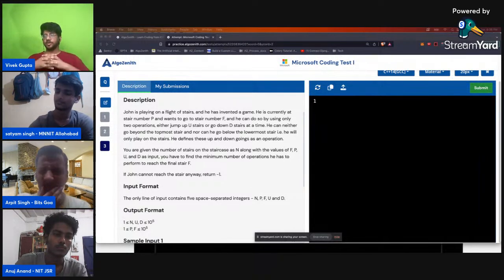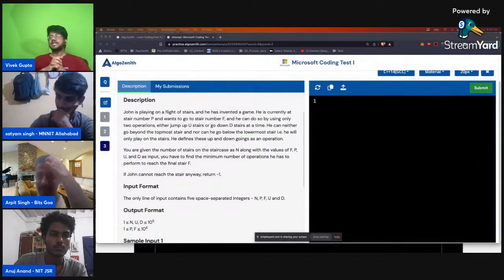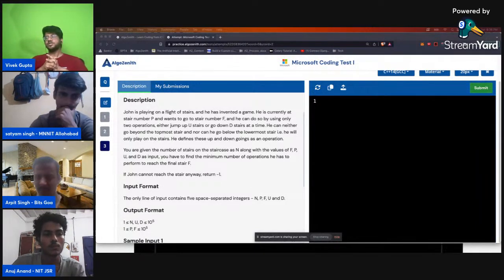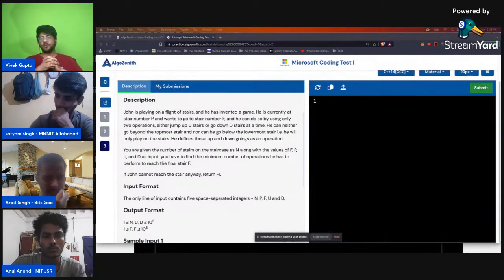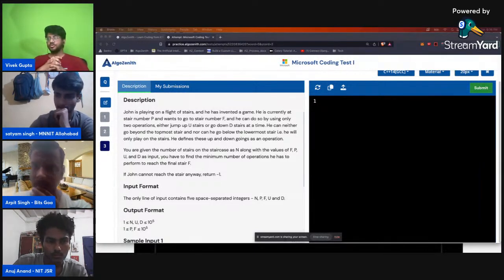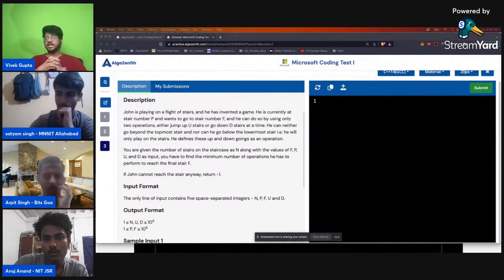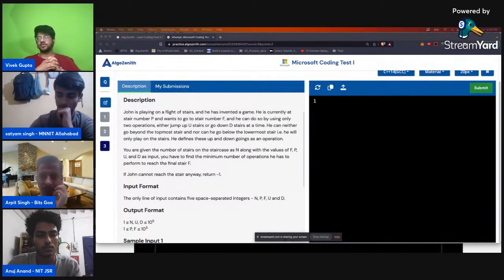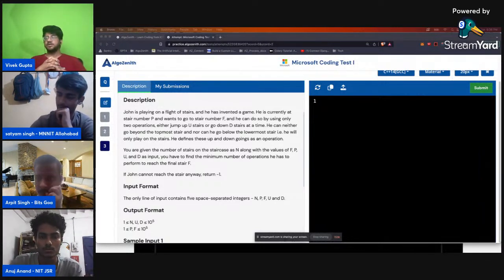What is this question talking about? He is currently at stair number P and wants to go to stair number F. What he can do is by using two operations. Up U stairs, down D stairs. He can neither go beyond the topmost stairs and nor he can go below the lowermost stair. That is, he will only play on the stairs. Right?